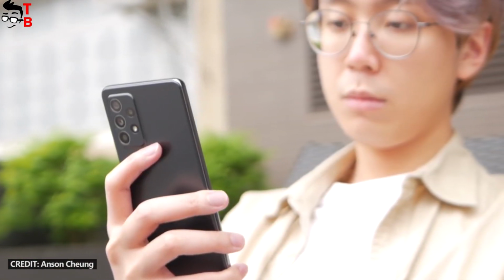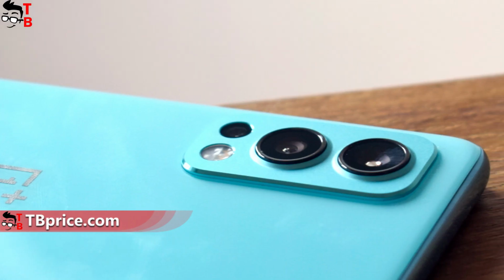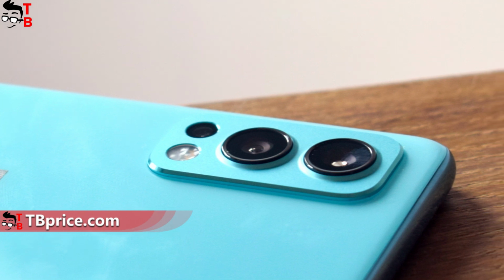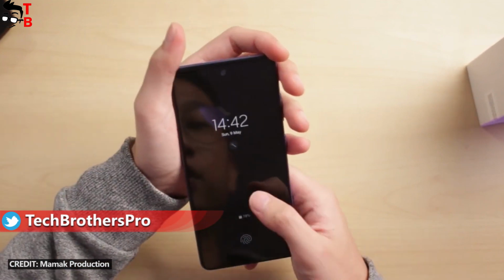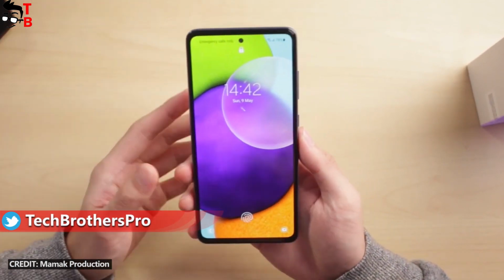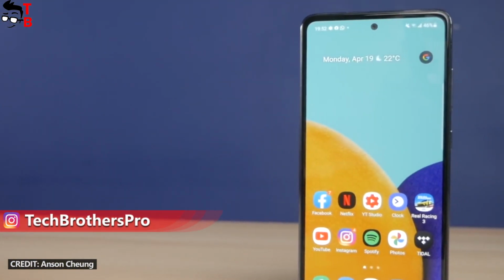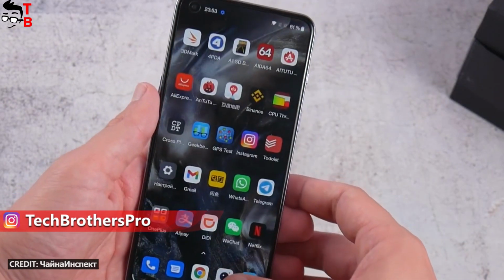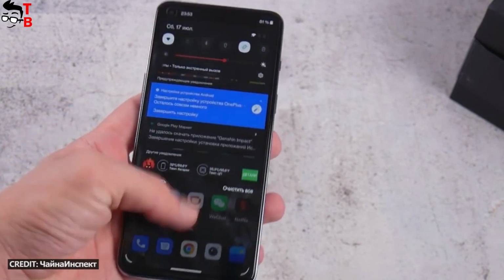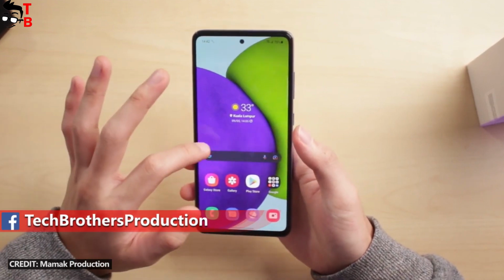Talking about the rear cameras, they are located in the same place, but they have different design. As you can see, OnePlus Nord 2 5G has a triple camera, while Samsung Galaxy A52 5G has a quad camera. We will talk about them a little later in this video. By the way, OnePlus has a glass back panel, while the Samsung device has a plastic case. However, the weight of the smartphones is the same, 189 grams. If you are looking for the fingerprint reader, then it is located under the display on Samsung and OnePlus phones. It means that we are looking at mid-range and maybe even premium smartphones.